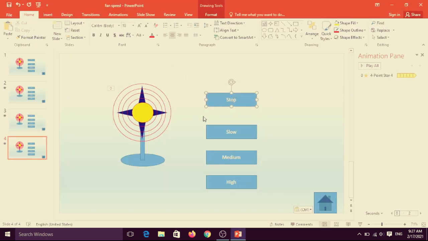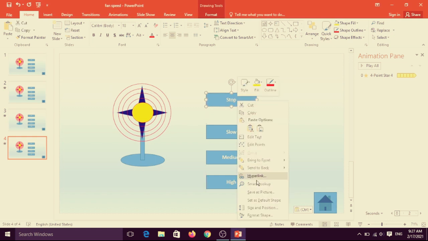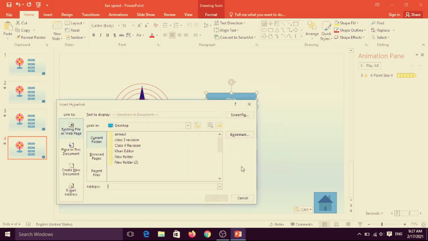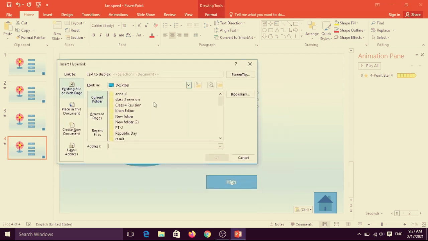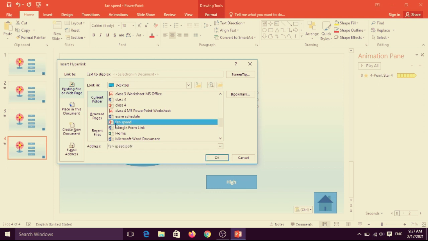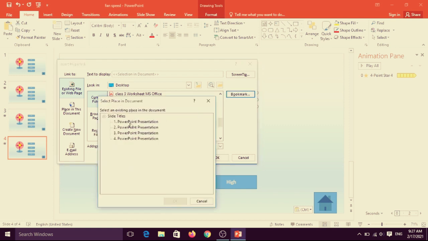Now then after you can right click on this button, option will appear, choose the hyperlink, and then after choose that file name. I have to choose fan speed. Then after choose the bookmark is here, there is a first slide and second slide, third slide,